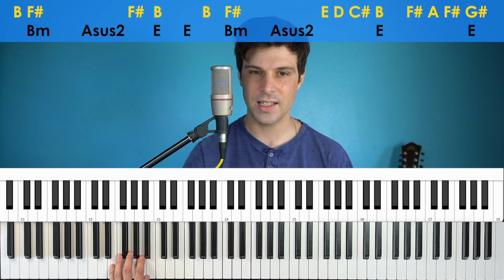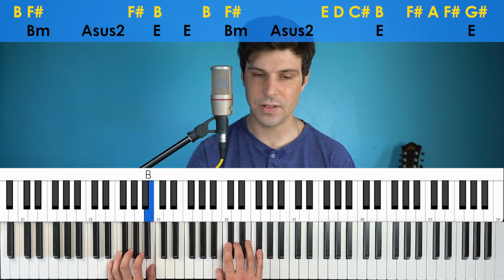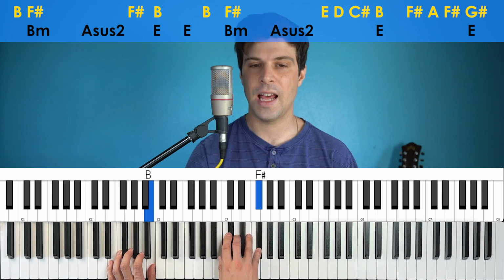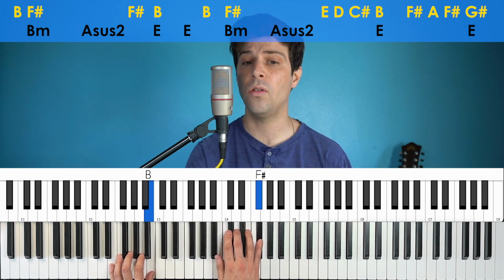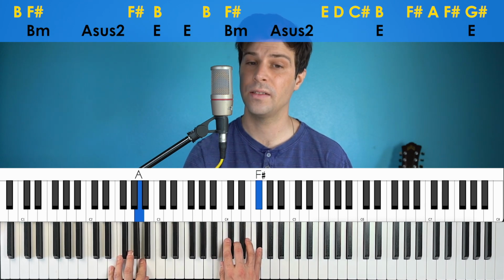And then here's the second half of this riff, because when we get back up to the B in the left hand, we're right back to the F sharp. And then that F sharp's going to hold as the left hand steps down to the A. And then this part's a little different. It's going to sound like...